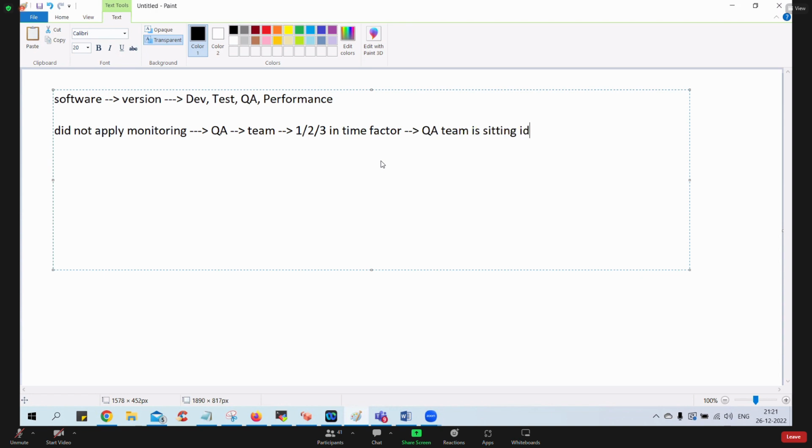Do you agree? That is what is happening. That is a fact actually. Because in the project estimates and calculations, they assume that everything in the lower environment is fine, and accordingly they promise that tomorrow or the day after tomorrow, or maybe next week, they are going to push the software into production. But you need to understand that before going to production, it has to be tested on the lower environment. If the lower environment is down and you did not focus on monitoring whether they are working or not, you will not be able to deliver the product into production in time.